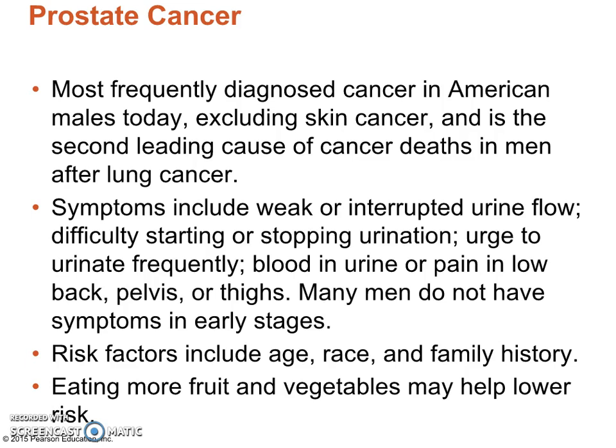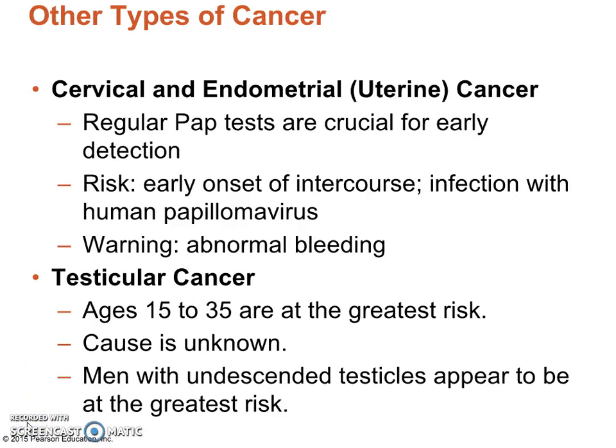Race and also family history, and obviously your diet. Making sure that you eat lots of fruit and vegetables can help lower the risk of any cancer, but they see in studies that this impacts the rates of prostate cancer. The last two that the book covers, they don't give a lot of information in the book about either of these,